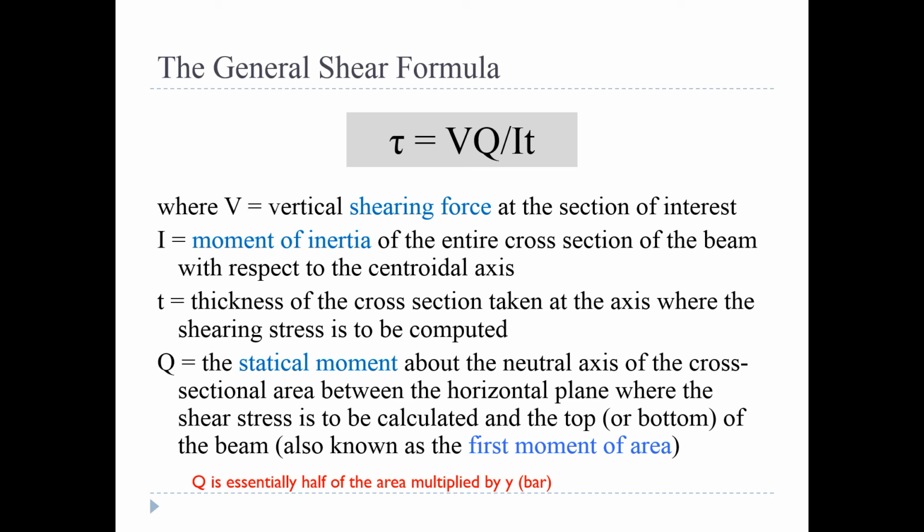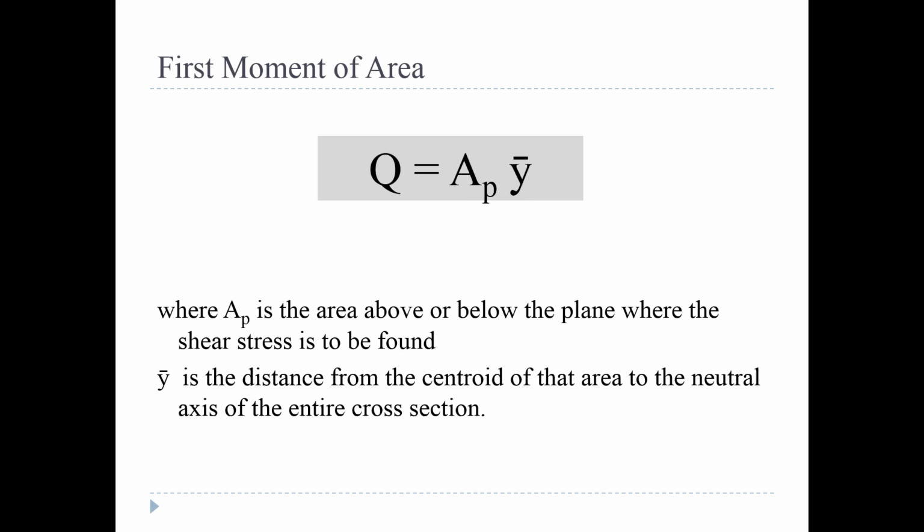So this will make sense when we go over and do an example. First, let me give you the formula for Q. Q is equal to A_p times y bar, where A_p is the area above or below the plane where the shearing stress is to be found. So if you're trying to find the shear stress in the middle, it's just the area below that. If it's a perfect rectangle, then it could be above or below, and that's going to be the same distance. If you're trying to find the shear stress that's 3/4 from the top, then it's the bottom half of that. So if you're looking at any sort of shape, you're figuring out